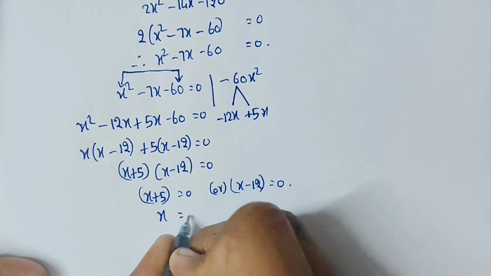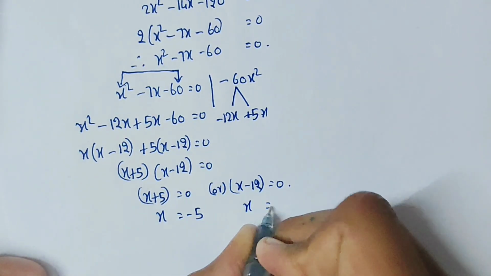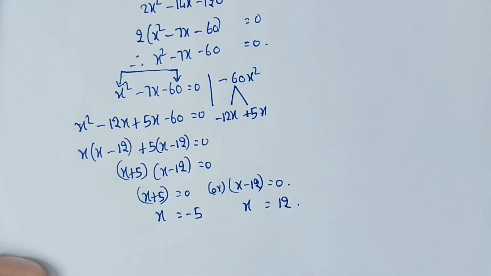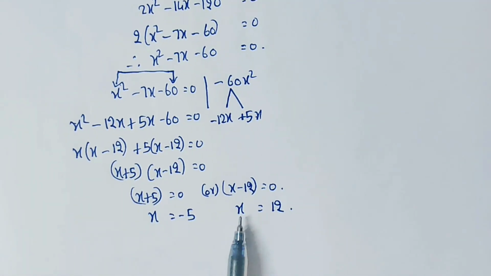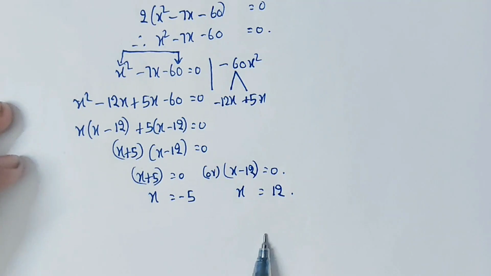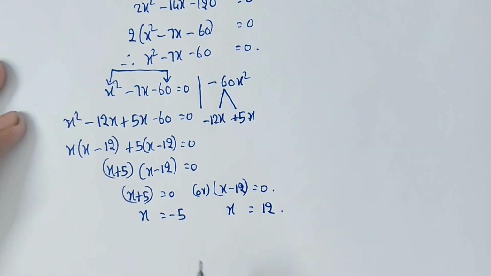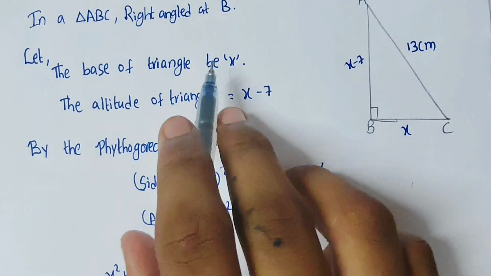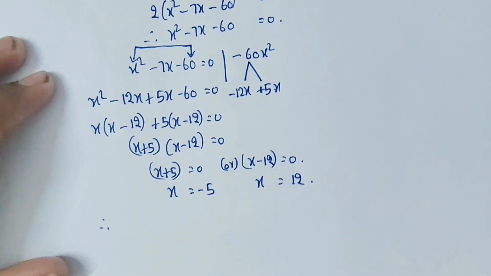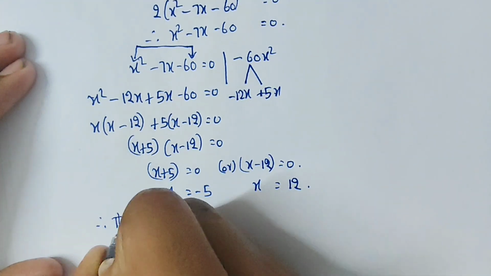Here x equals minus 5 or x equals plus 12. In the earlier problem I said we have to take only the positive values. So here the positive value is x equals 12. Therefore x is the base of the triangle. So I am writing, therefore, the base of the triangle